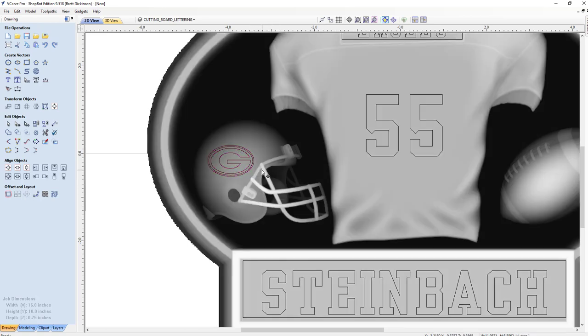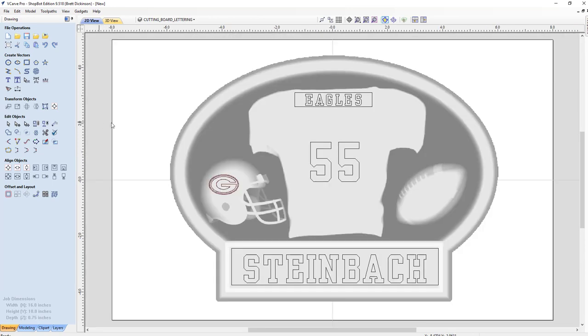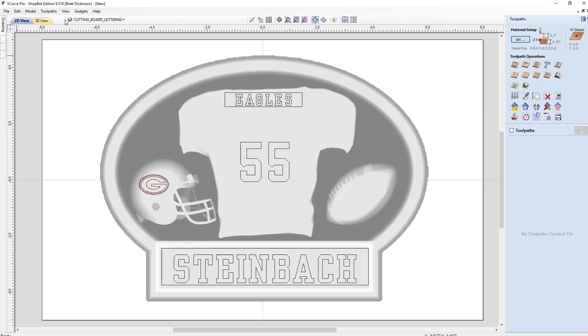Back off just a little bit. Click on the helmet. That doesn't look too bad. So again, I'm clicking over here in the blank space, F to fit. Now I'm going to go over to my toolpathing,